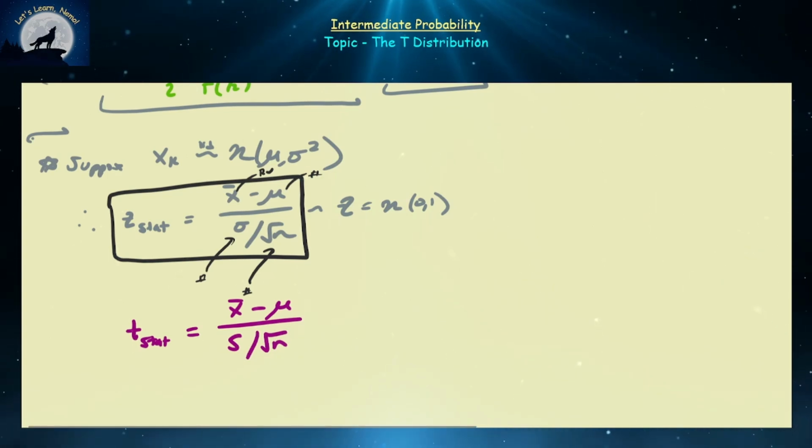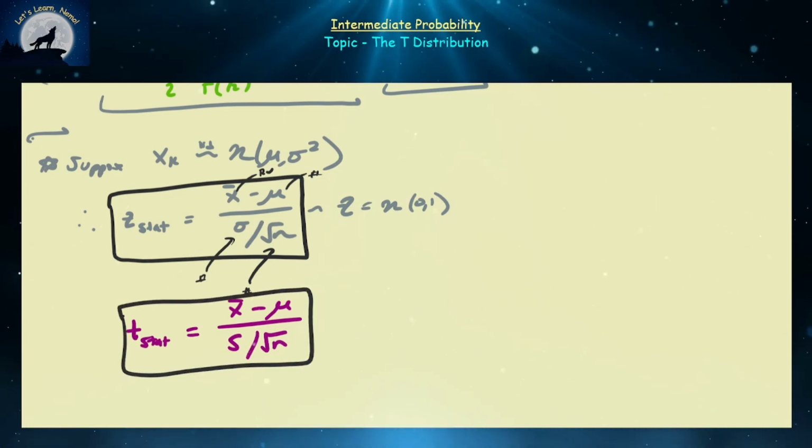And that's going to be the random variable associated to the standard deviation of a sample. Right? So here, x bar is a random variable, mu is a number, s is now a random variable, not a number, because it depends on the sample and hence is a random variable, and now we have a number. So a z-stat is a random variable over a number, and a t-stat is a random variable over a random